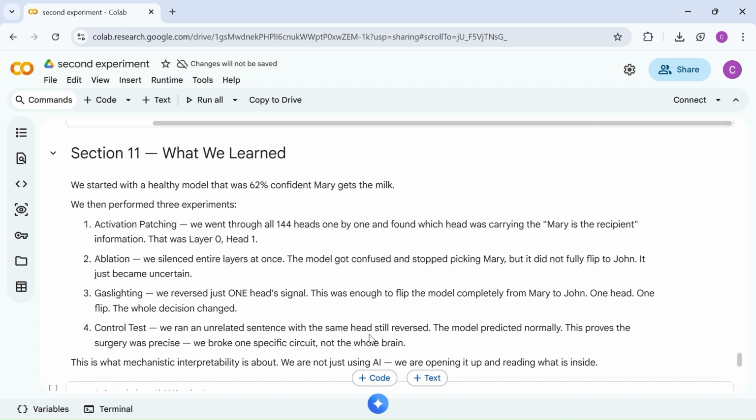Earlier, circuits were just theoretical diagrams. Now you have seen one as a controllable piece of machinery. Not magic, not mystery, just a mechanism. And once you can flip circuits, you can map them. Once you can map them, you can control them. And suddenly,